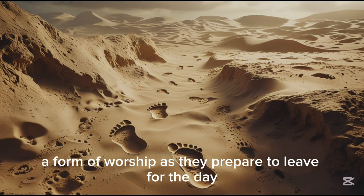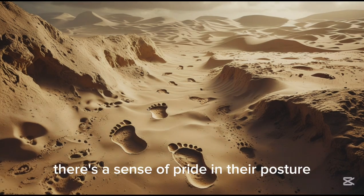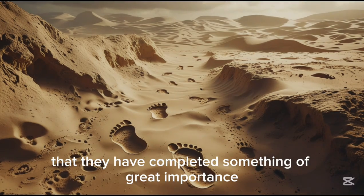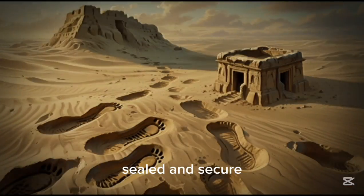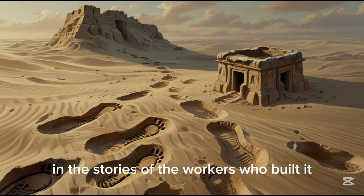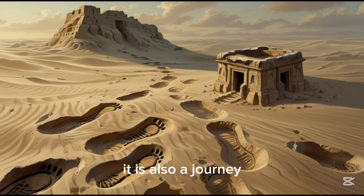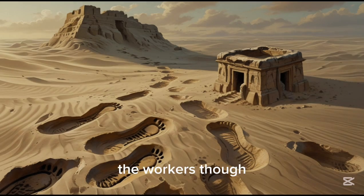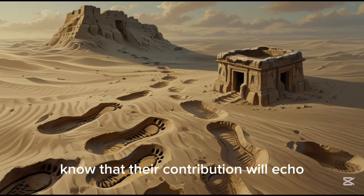As they prepare to leave for the day, the workers pause for a moment, standing before the tomb. There's a sense of pride in their posture, a collective recognition that they have completed something of great importance. The tomb may be silent now, sealed and secure, but the memory of the work will live on in the stories of the workers who built it. The pharaoh's journey is not just his own, it is also a journey shared by those who helped to create the space that will house his spirit. The workers, though their names will never be written in the annals of history, know that their contribution will echo